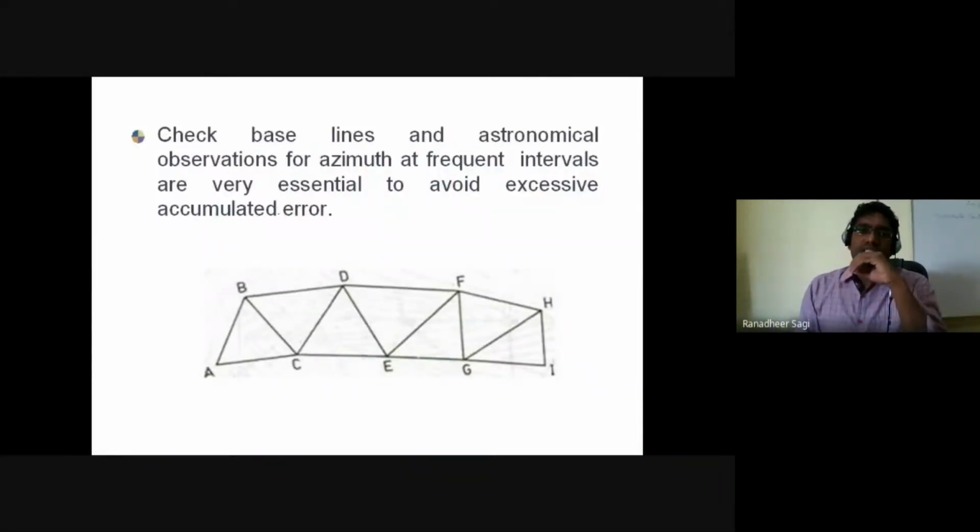However, even in the case of simple triangles, if you want to check the accuracy of how your measurements are done mathematically and how your field observations are, you can do that. But by mathematical computations alone, you don't have an alternative route to find out the unknown you are looking at. So you can make use of check baselines, and as I told you, you can measure the bearings with respect to the reference north at different places to understand the accuracy of your mathematical computations and your field observations.